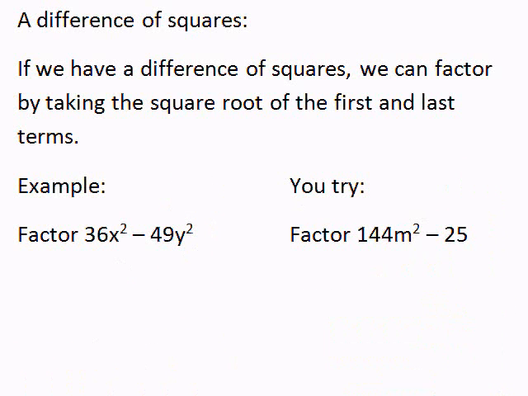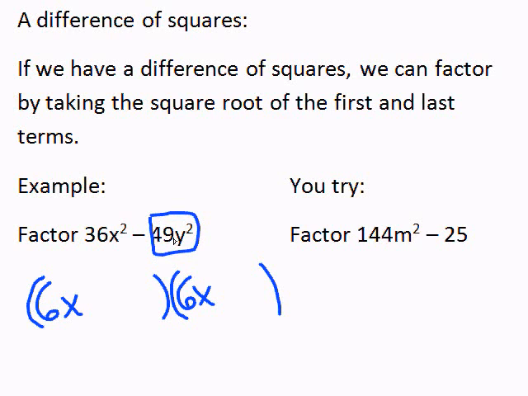So, looking at this first example, you'll notice that 36x squared and negative 49y squared both have square roots. 36x squared will factor out as 6x and 6x. Negative 49y squared, so we're going to look at just the second term, the positive 49y squared portion. The square root of 49 is 7, and the square root of y squared is y. We end up with a plus 7y and a minus 7y because we have to multiply to give us a negative 49y squared. So the way we do this is, first we take the square root of the first term,